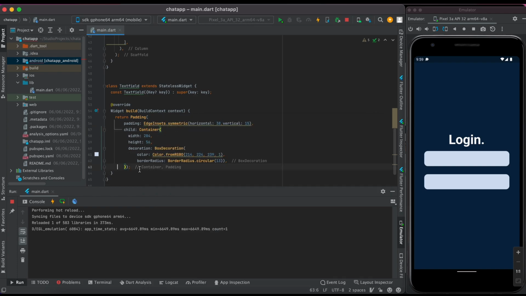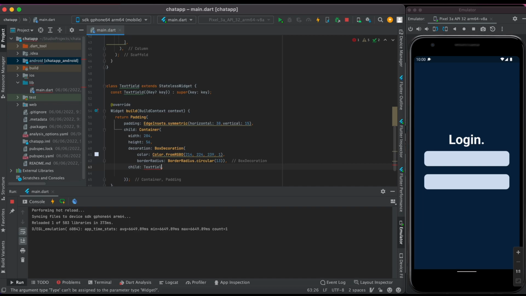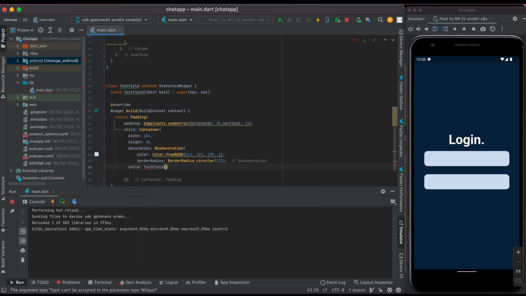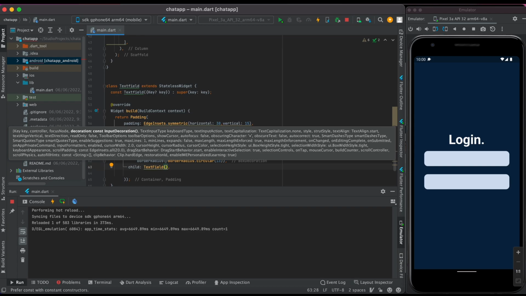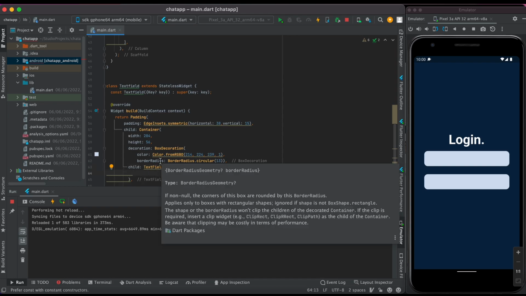So inside the child property, outside of the decoration here, we need to add here the child, and here we need to add one TextField. Make sure to add a capital F, otherwise it will be recognized as this widget which we did build here, and this is the widget from Flutter. So write this way, with the capital F. So like this way, TextField, and inside the TextField